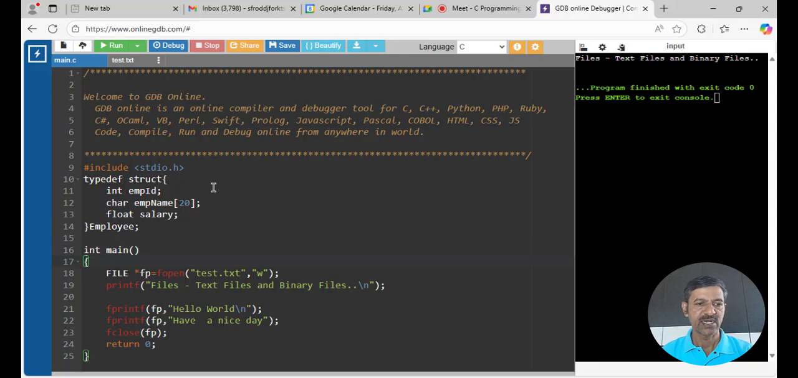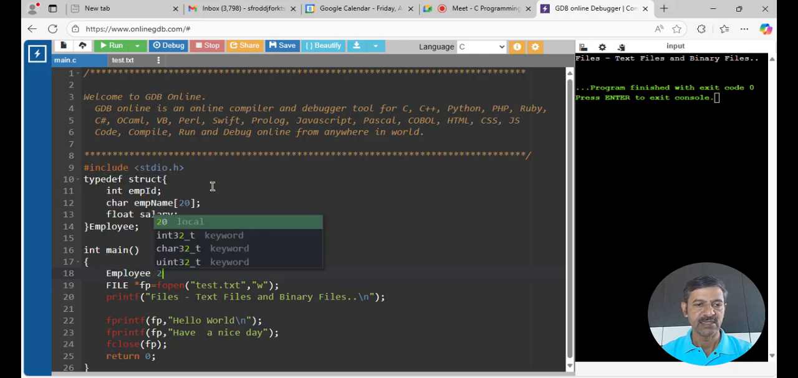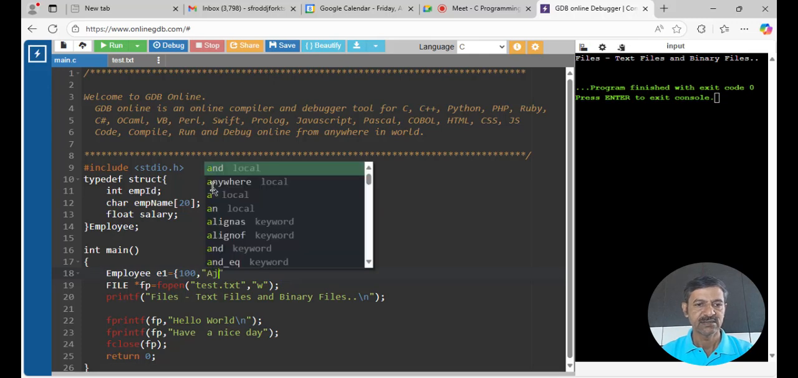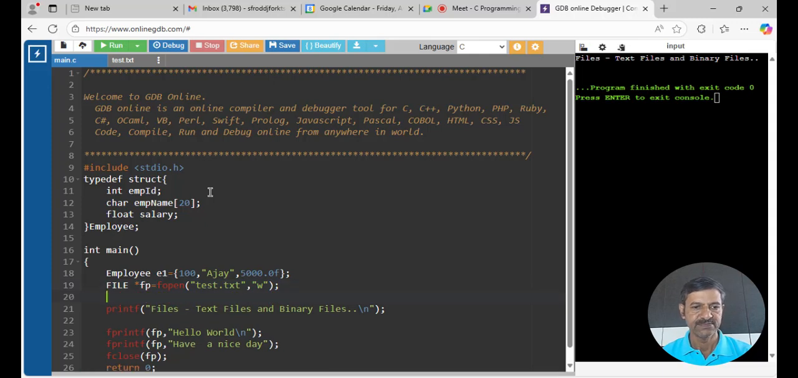Now we know how to create a structure variable. You just have to say employee E or E1, whatever you want to call it, and then initialize the content. So 100, some name Ajay, and then the salary, let us say some 5,000, like this. And it is a float, so we can use f here. So we have created an object of this structure. Now, if I want to write this to a file,